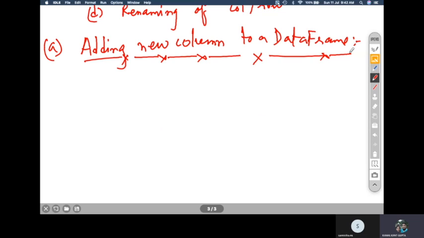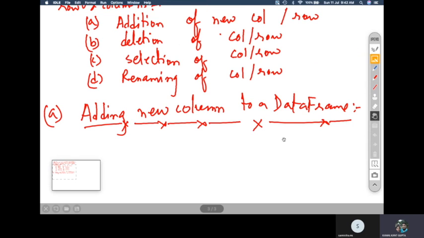Say for example, we have a result set. In our previous slide, we have seen that we have a result set of 3 students, Mohit, Rishabh and Sunita. I want to add one more column for another student, say for example Shriya. So how to do it?